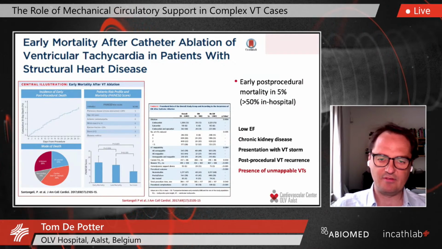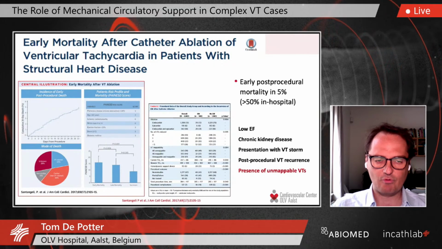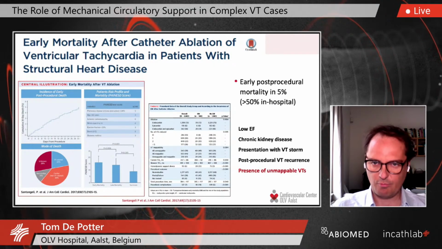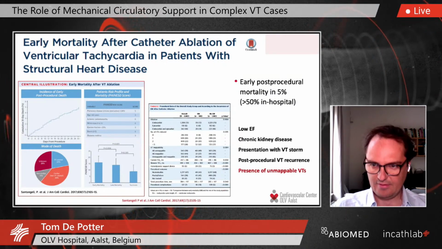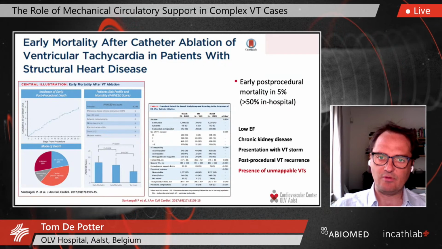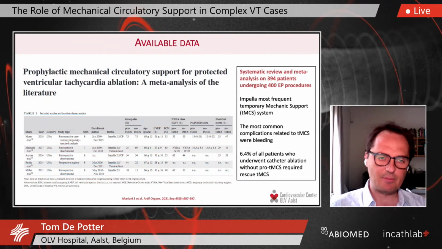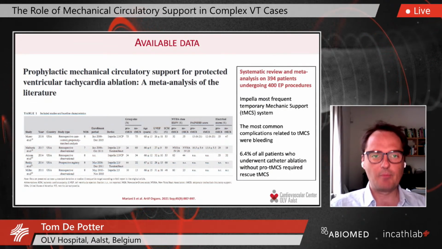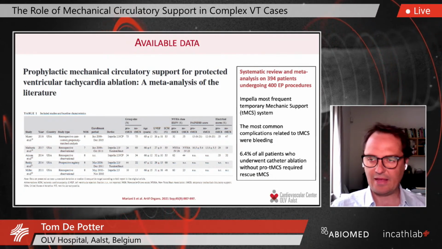If unmappable VTs are present, you can expect, of course, a clearly increased rate of procedural failure, an increased rate of VT recurrence, and thereby potentially an increased rate of procedural or early mortality post-procedure. What is the available data on prophylactic support to avoid these phenomena? This is a meta-analysis from last year,